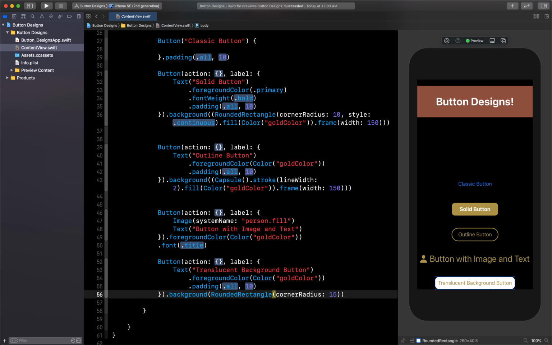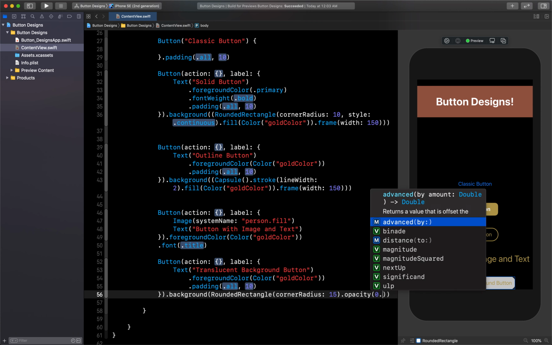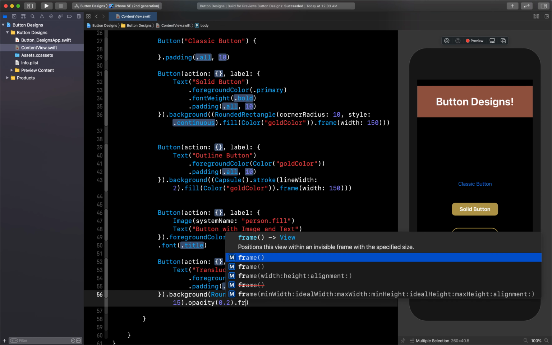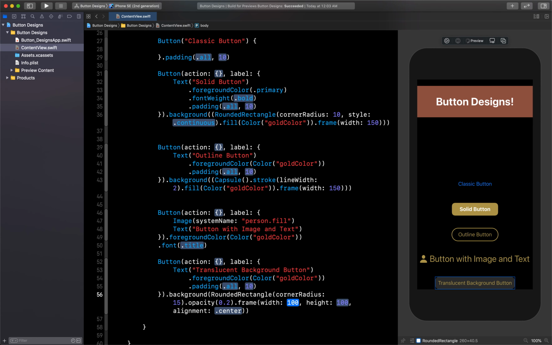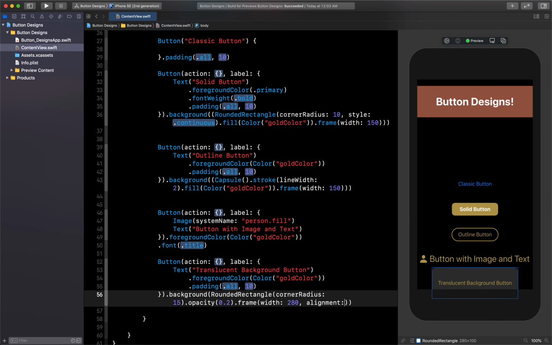Then we need to give some opacity, so let's use that opacity. I will give opacity of 0.2, and then I need to give frame, and inside frame I need only width, so I will say width of 280, and the rest we can remove, we don't need that. So it will use the default height and alignment.